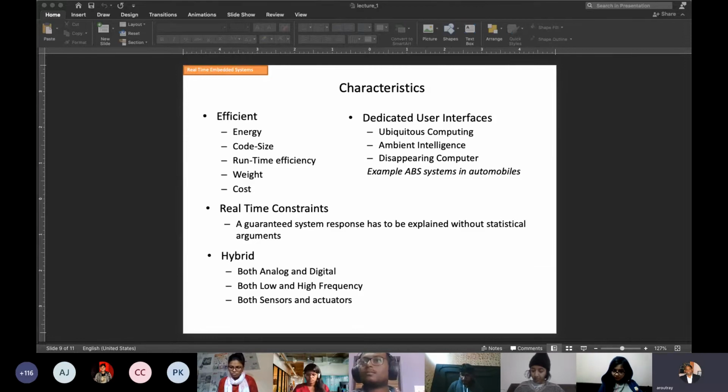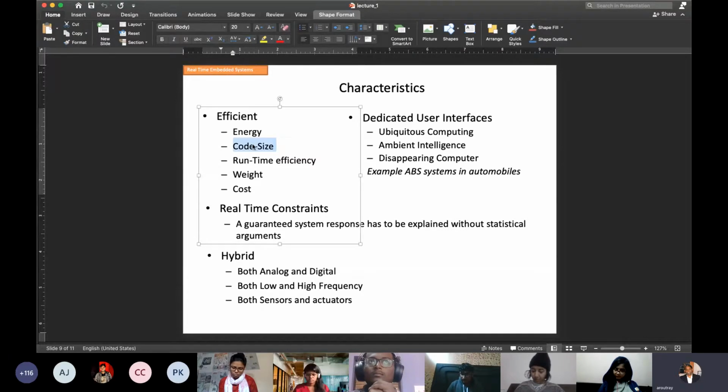Okay, so you figure it out. Going on with this, the code size depends upon the algorithm which you are trying to implement. And there is energy and runtime efficiency, weight, everything. These are the efficiency part of the embedded system. When you design the embedded system, remember, you are going to work on these things. These are the most important things of the efficiency: cost, weight, runtime efficiency, code size, everything. All right. That is the most important thing.